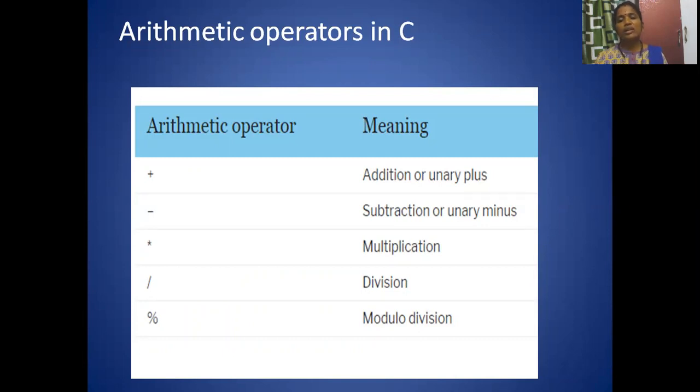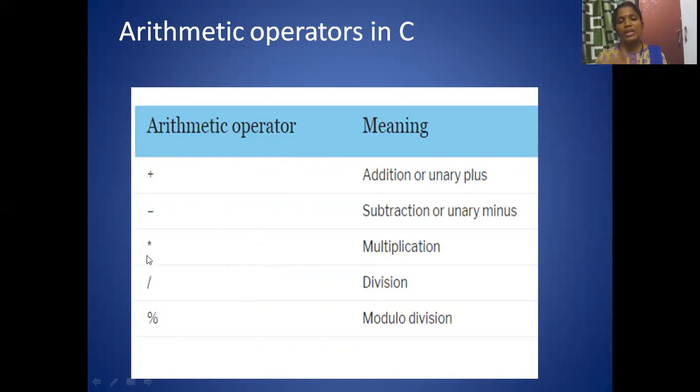in C language are arithmetic operators. Arithmetic operations we all know from the basics; they perform arithmetic expressions. Expressions are nothing but something which results in a value. The different arithmetic operators we have are plus, minus, multiplication, division. Here you can see plus is used as addition or unary plus. Minus is for subtraction. This also we know.